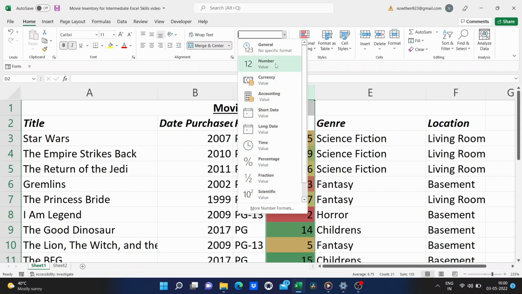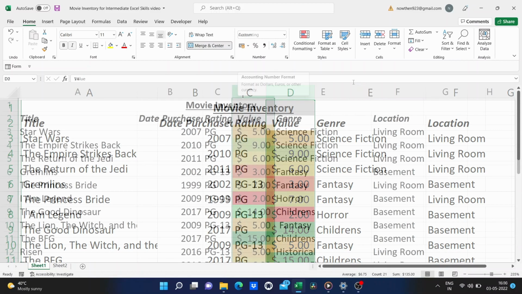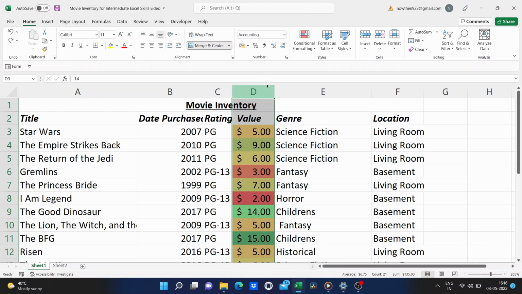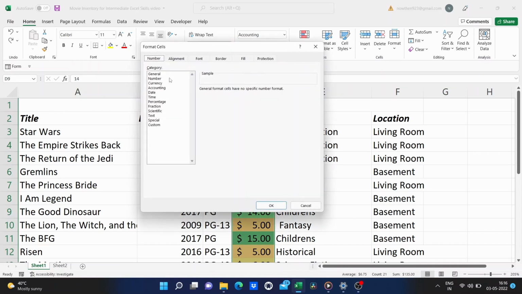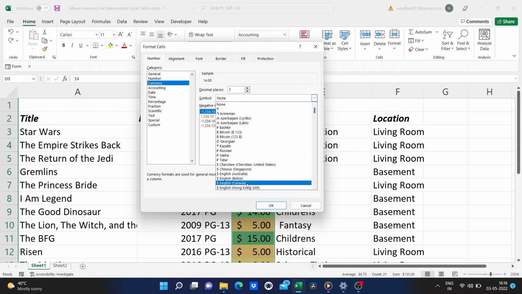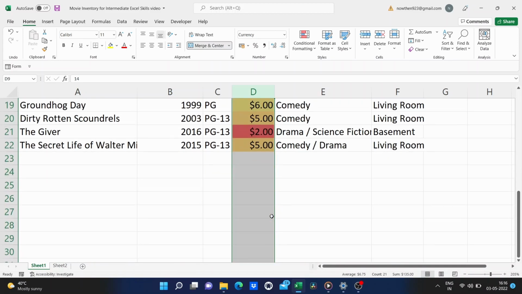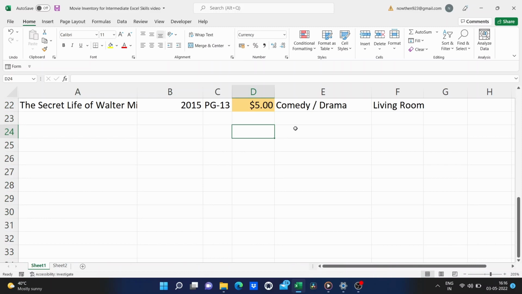There's also some shortcuts like this. I just want to click on the dollar sign. Now they all show up as accounting currency. If you don't want it to be accounting, you can just go down and do regular currency. All that changes is where the dollar sign is located. Okay, so this is awesome. This spreadsheet is turning out great so far.